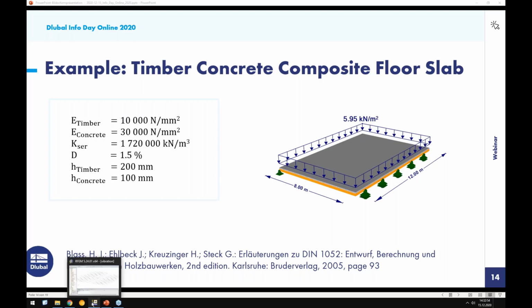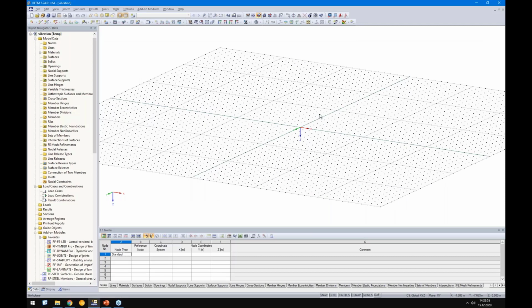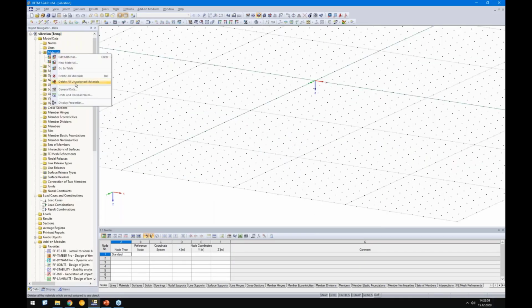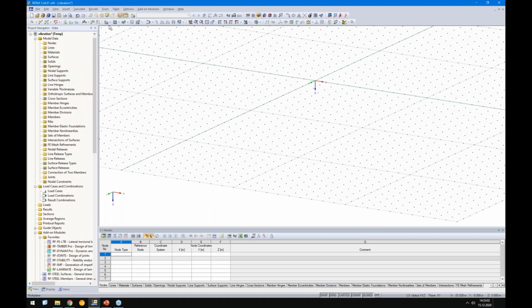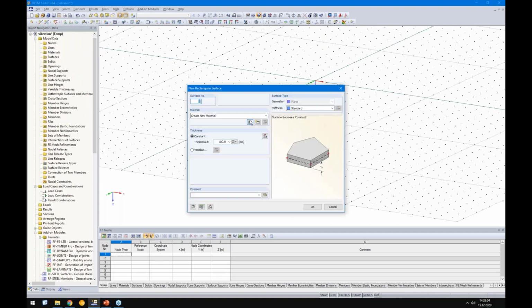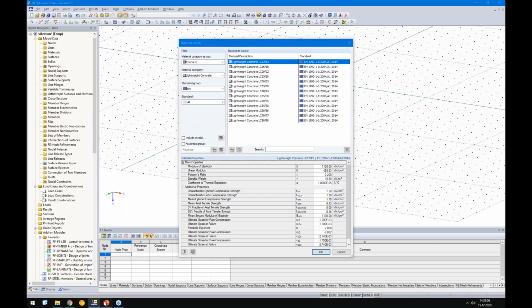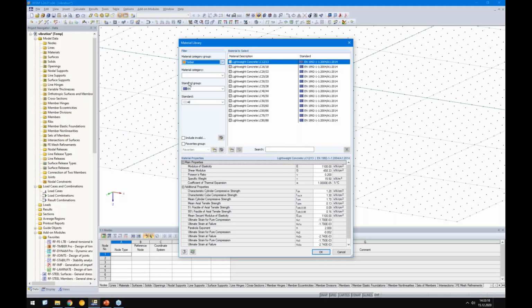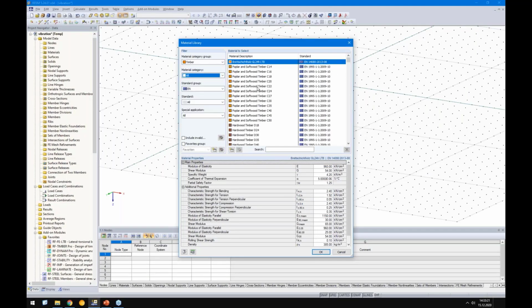Okay, so how do we do this? Let's go back to RFEM, and let's start with the timber. So I will create a new material. Watch out, they have used 10,000 Newton per square millimeter, not 11,000 as for C24, but in this case we can simply use a C22, which should have 10,000 Newton per square millimeter. Okay, then